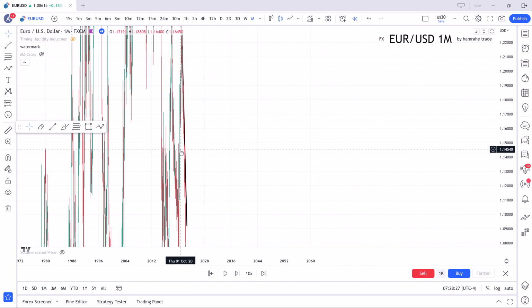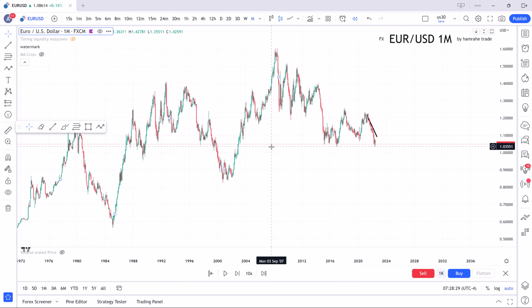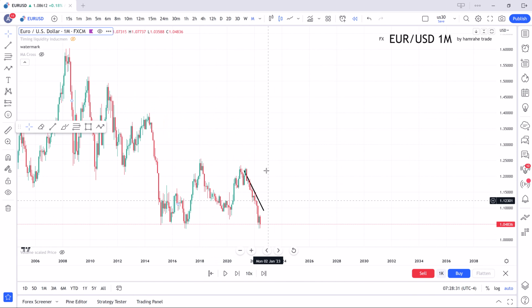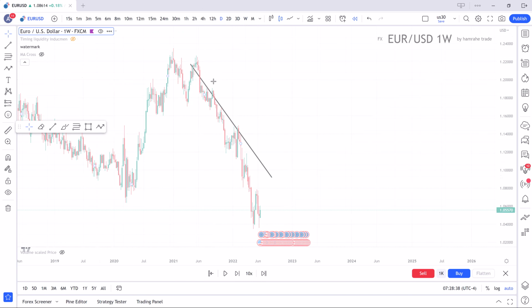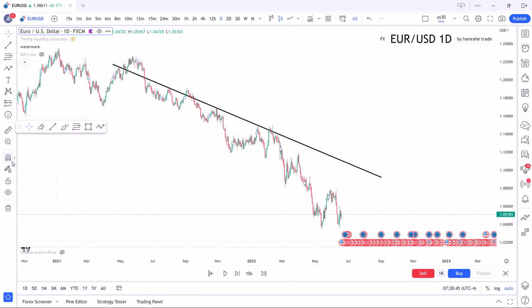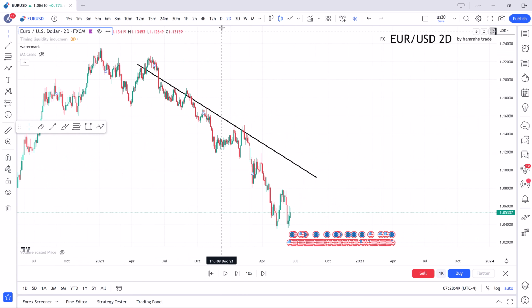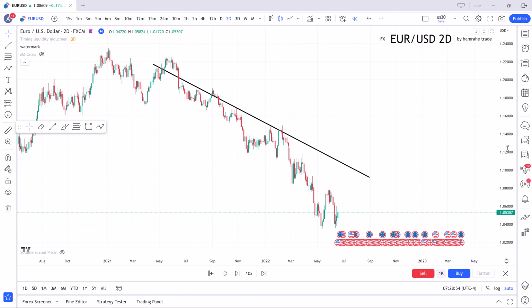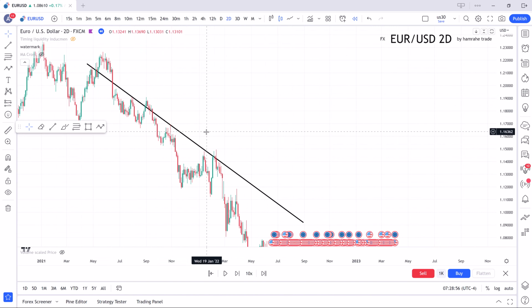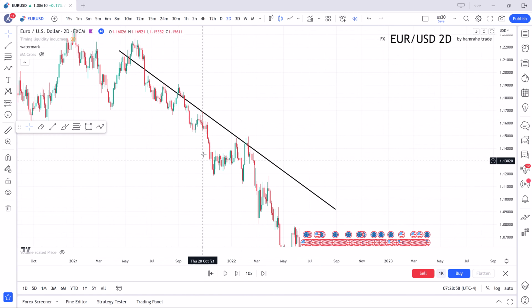It is a monthly time frame, and we can see that we don't see that trend line properly. We go to weekly, we don't see that trend line properly. We go to daily. Daily is a little bit messy, so I think it is for 2 days or 3 days. I think it's for 2 days. Yes, 2 days is a beautiful time frame for this trend line, because we see that trend line beautifully without